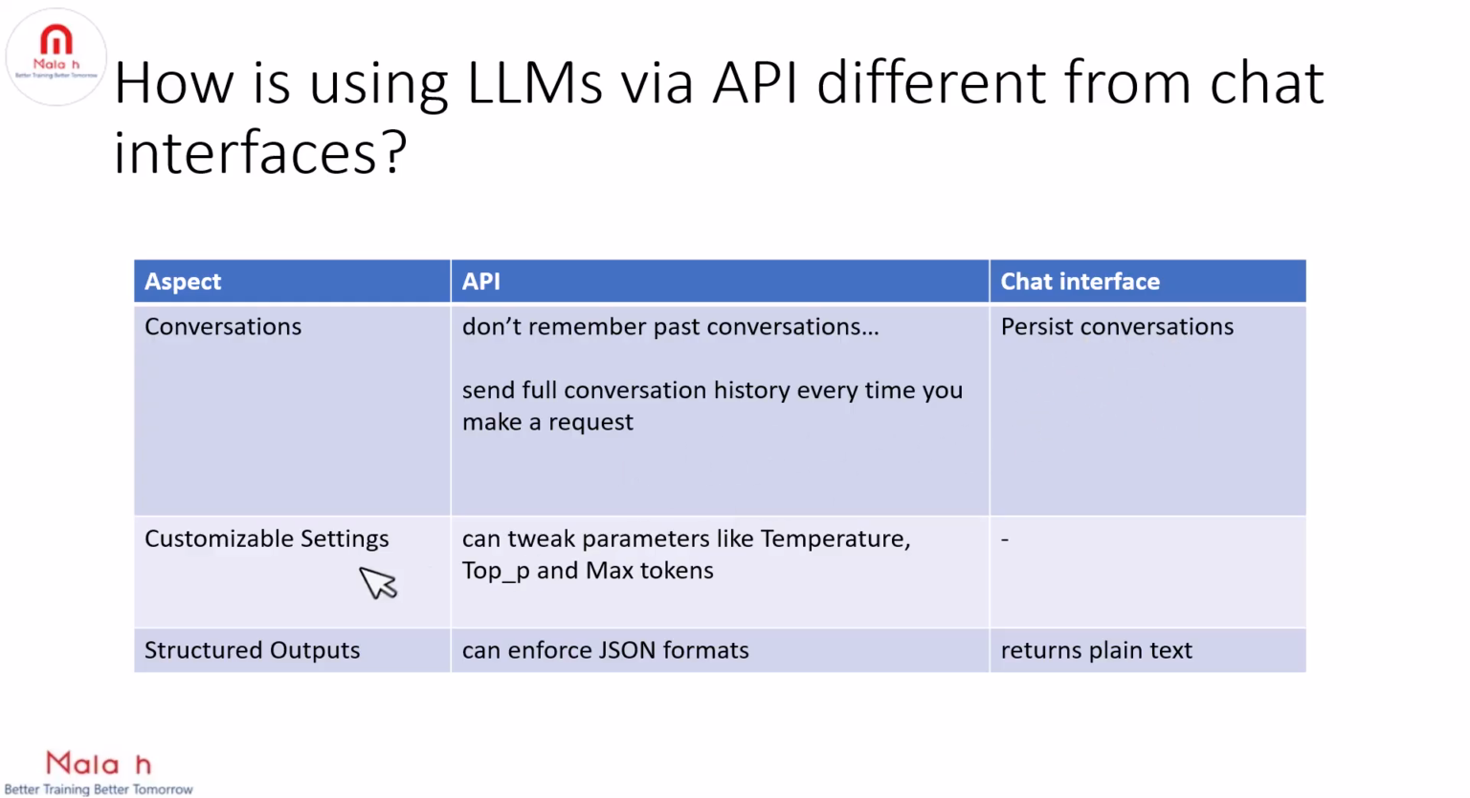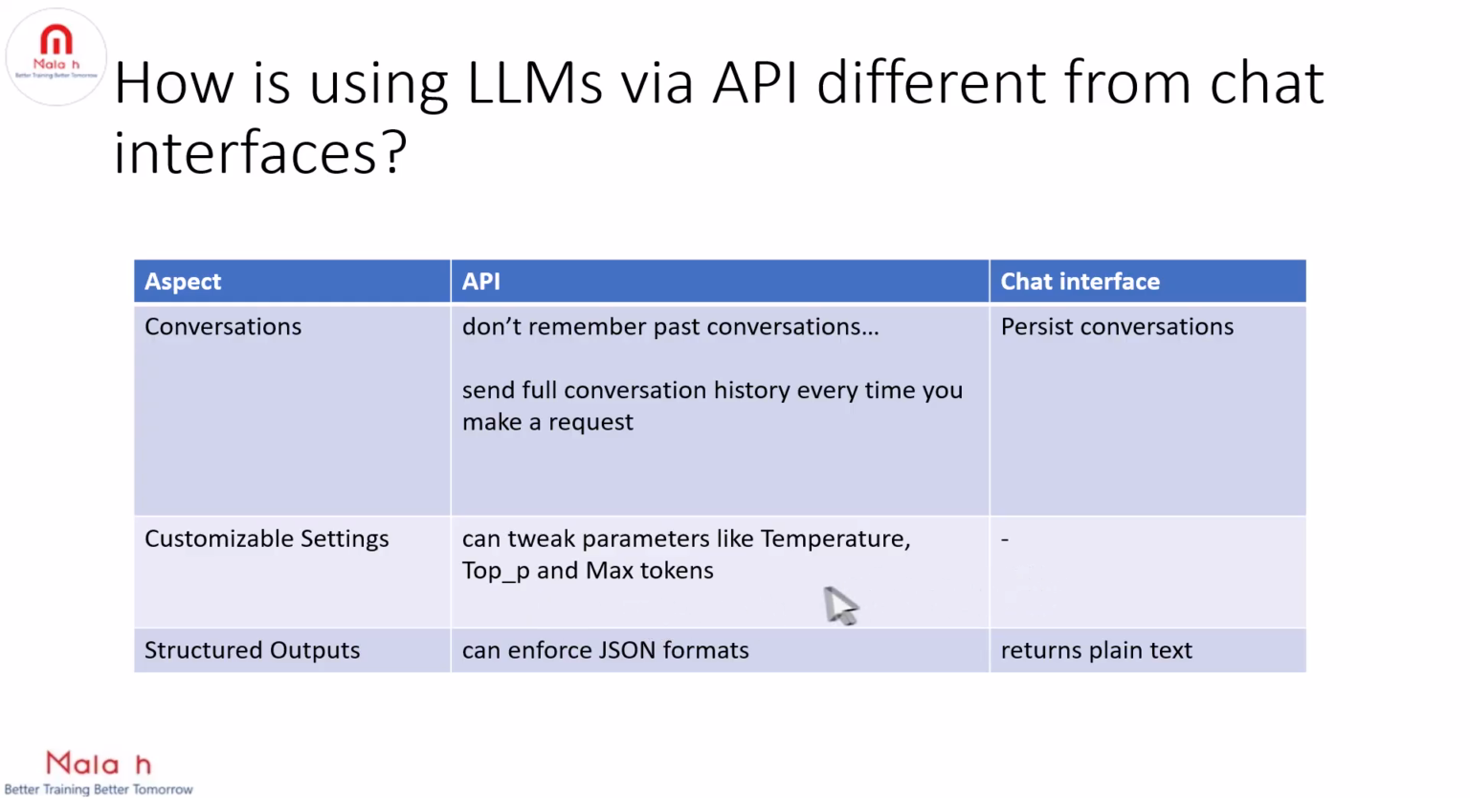And the next one is customizable settings. That is, with APIs, you have an option to tweak different parameters like temperature that controls randomness, top_p which controls diversity, and max tokens which controls response length. So with these customizable settings, you can get responses that are longer, shorter, or more creative than the standard chat